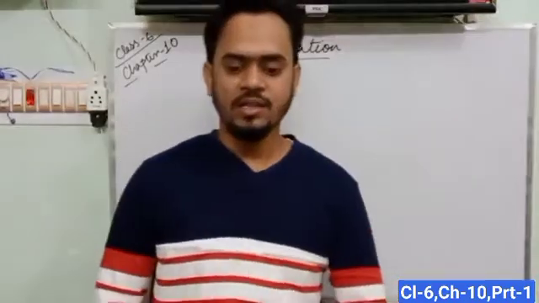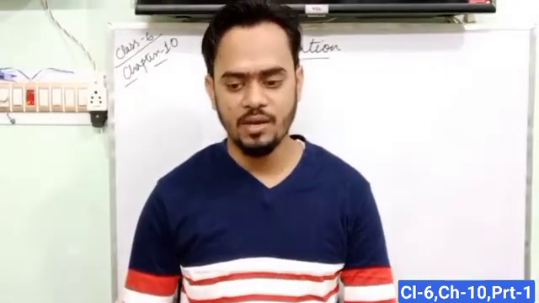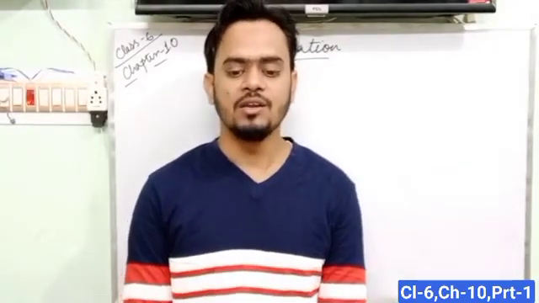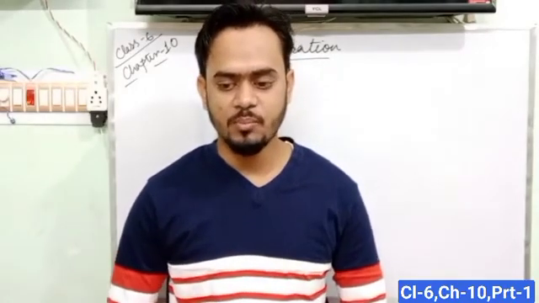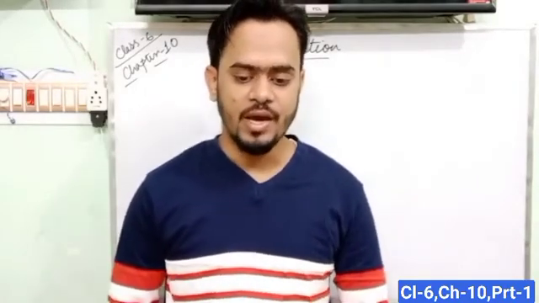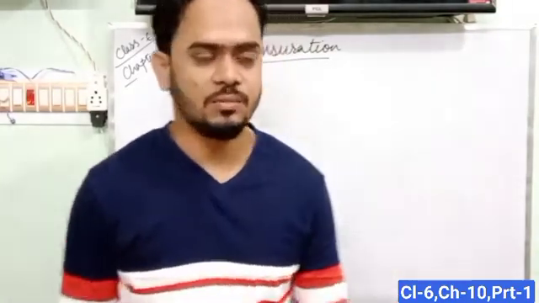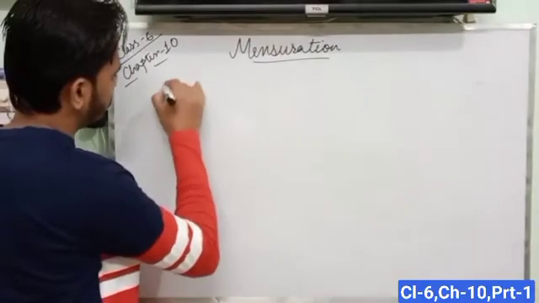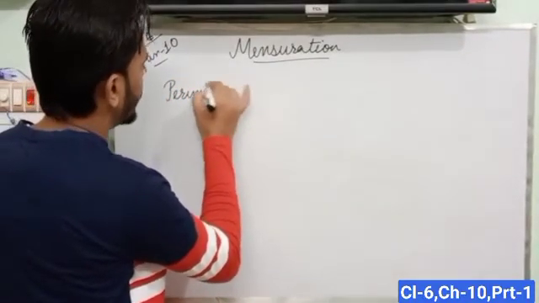And in this chapter, you will learn how to develop formulas to find the area and perimeter of plane figures, including rectangles and squares. This will help to discover the importance of measurement skills and their application in daily life situations. The first term is perimeter. You already read about perimeter in your previous classes.